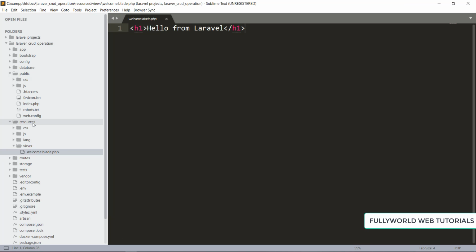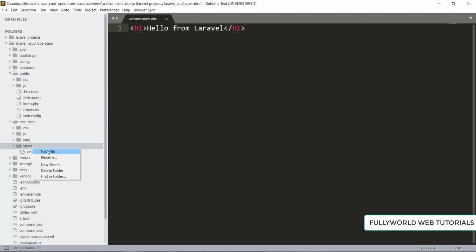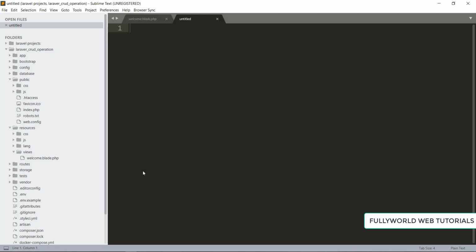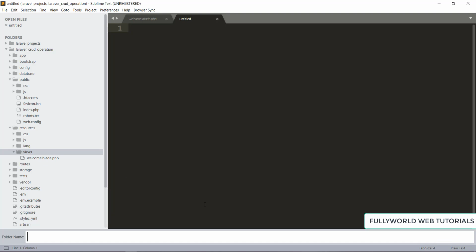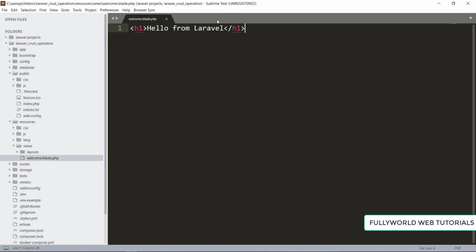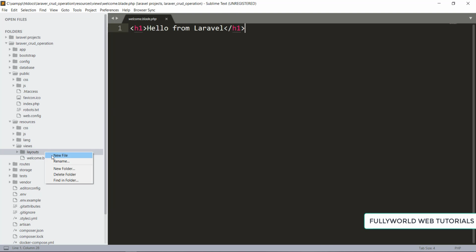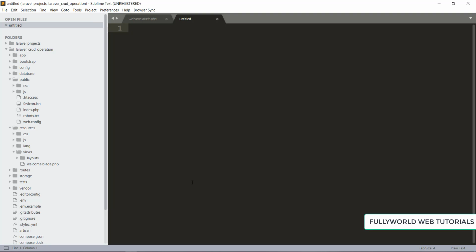For that, simply go to resources and under the views I am going to create one new folder. So this folder will be our layouts. Sorry, I have to click on new folder, and this folder will be our layouts. Click enter here, and under the layouts folder I am going to create one new file,